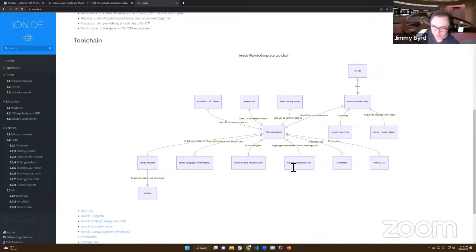And then the other really big thing here is the F# compiler service. This is the brain behind pretty much all editor tooling in general, where we rely on the F# compiler itself to give us a lot of the real information we need, like the errors and whatnot. Today, I outlined a couple of projects we want to look at, and where we need to think about doing our fix. This is going to be potentially in Ionide, the plugin for VS Code itself, potentially in FSAutocomplete, or potentially in Ionide proj info.